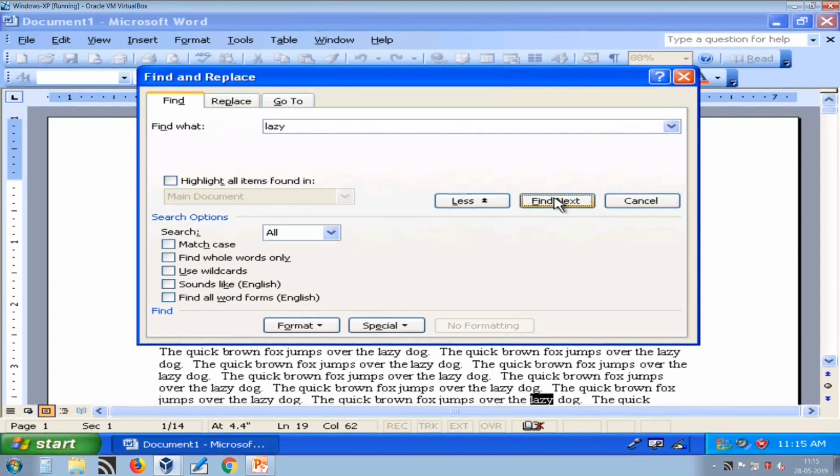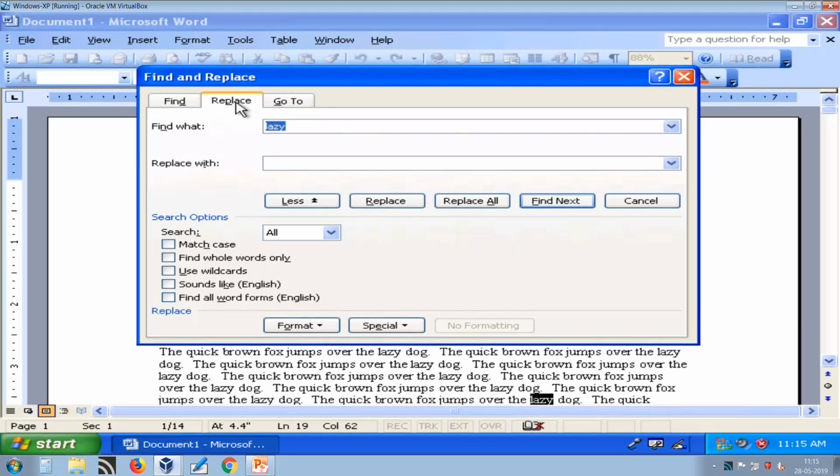Now, suppose we want to replace this word with another word, then I can use replace. Here you need to specify what you want to find and here you have to specify what you need to replace it with. Here I type zeal.